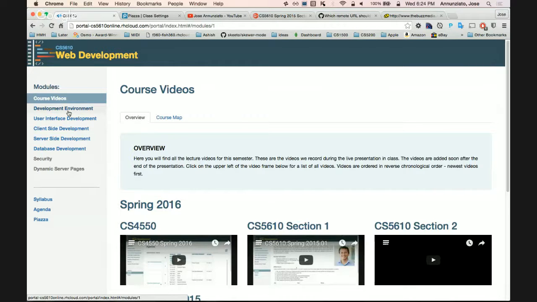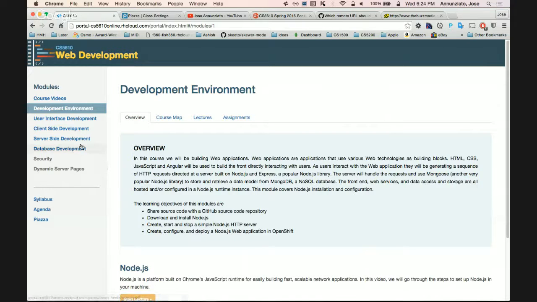Also, these are the various topics that we're going to be covering. The objective of this particular week is to set up a development environment and make sure that you're ready to go by the end of, not this Friday, but by the end of next Friday. Make sure that everybody can deploy, everybody can develop, everybody can create a hello world Node.js Angular application, so that we can be ready to get going on the assignments and the project. That's this week's goal.